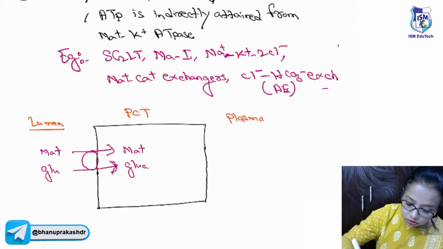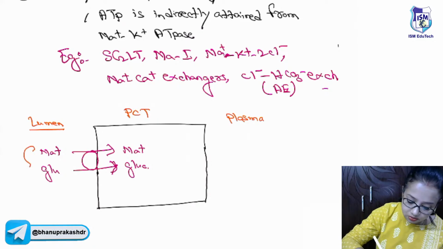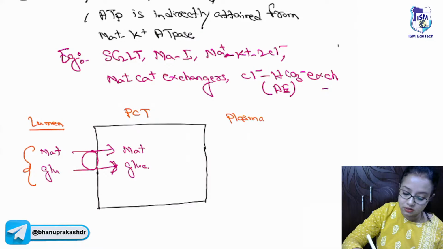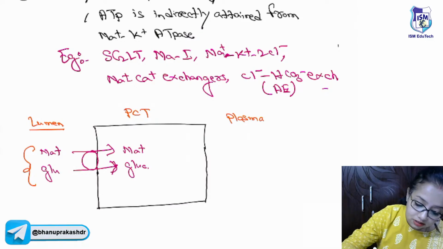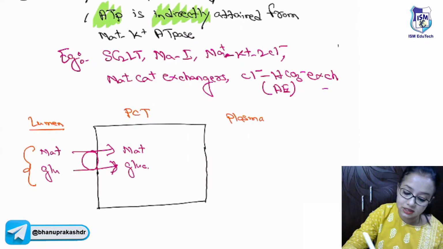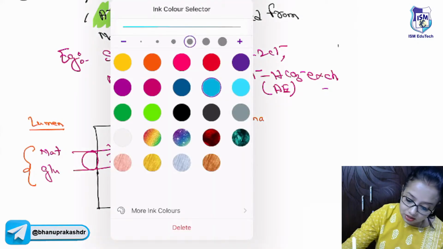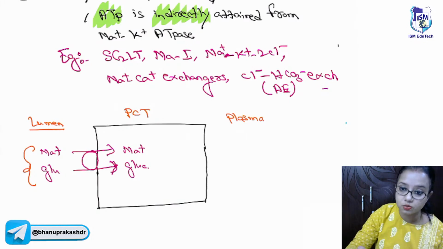Okay, so this is the secondary active transport example. This is a mechanism by which the sodium and glucose are entering together. Now, as I told you here, the ATP is indirectly attained. So, who's giving the ATP to them? Here, we have not seen any ATP attached to the sodium glucose transporter, or symporter or co-transporter,